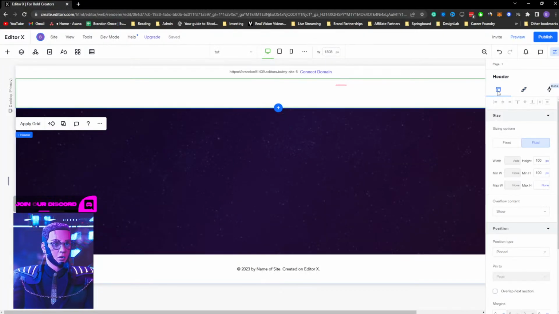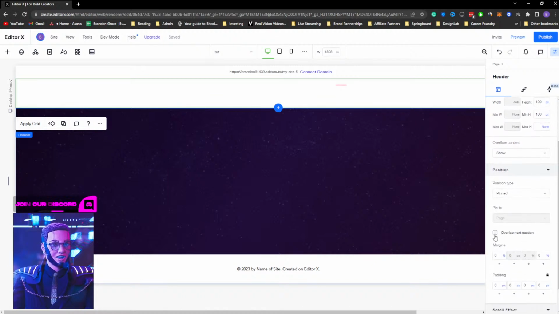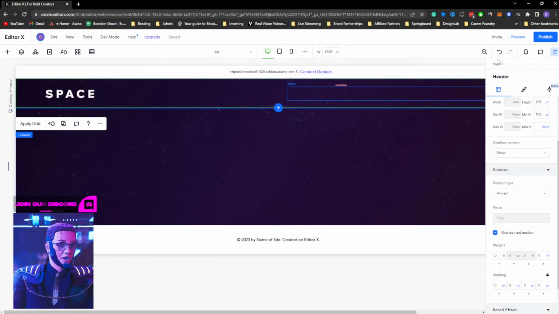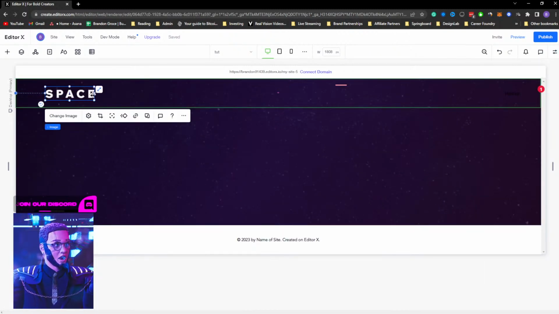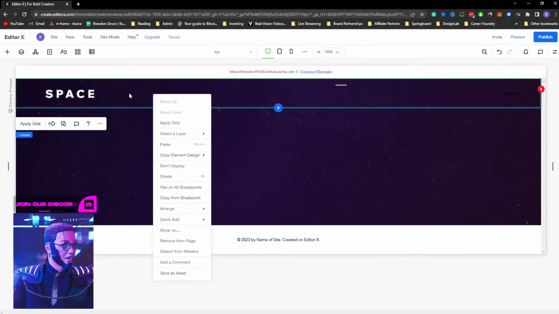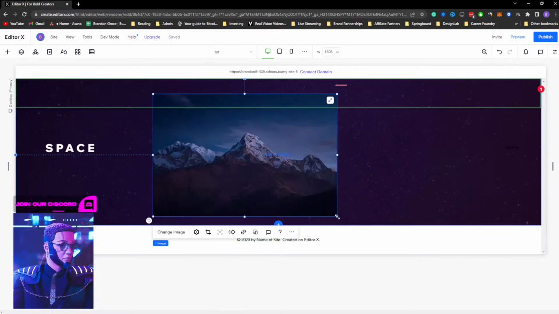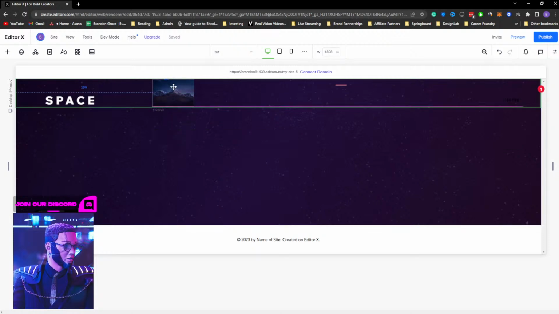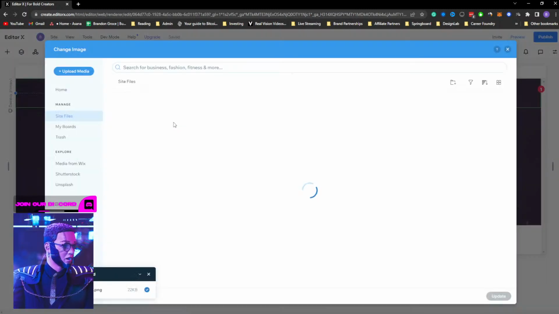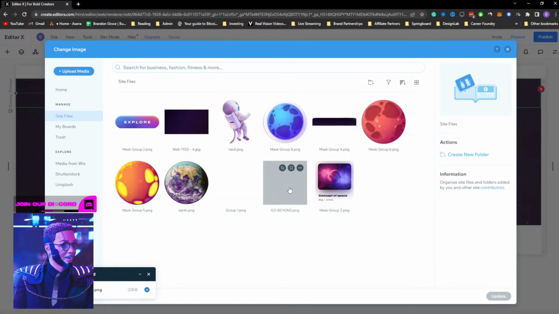So what I'm going to do is go to the layout of my header, and I want to set this to pinned, which it already is, and I want to check this off. Overlap next section. Perfect. And as you can see, I cheated a little bit. I put the image of our logo already inside of the header, which you can simply figure out. It's super easy. All I did was click in our header section, quick add, added an image, scaled it to our navigation, went to change image, and popped in